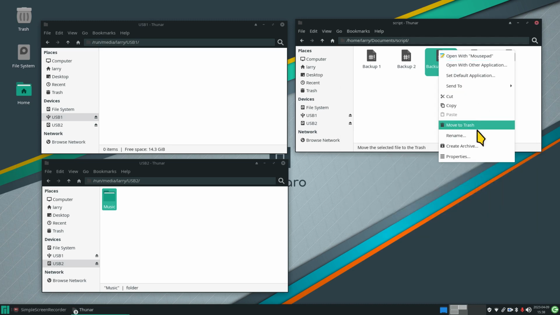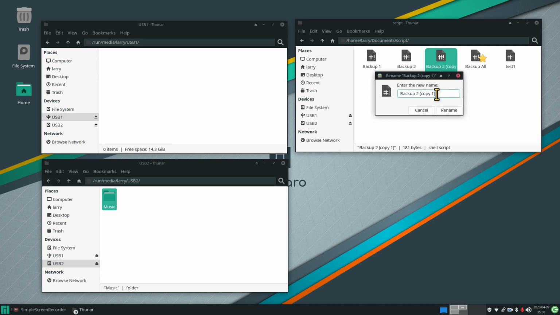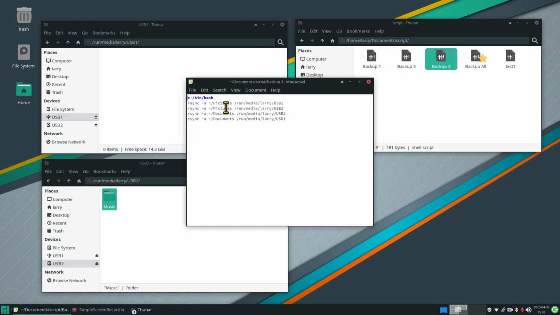And then I'm going to rename that. I'm going to call that one backup something. How about backup 3? So backup 3 is going to do what for me? Backup 3 is going to back up pictures to 1 and 2 and documents to 1 and 2, USB respective devices. All right, so this already has a music folder, so it doesn't care. But it does care